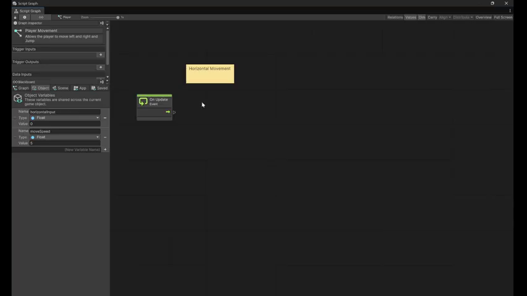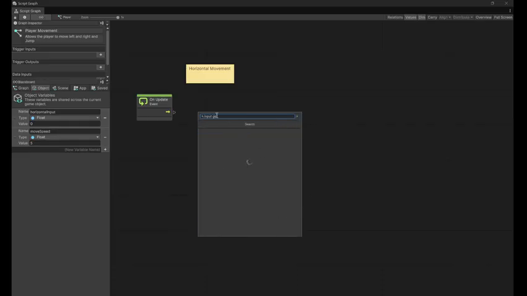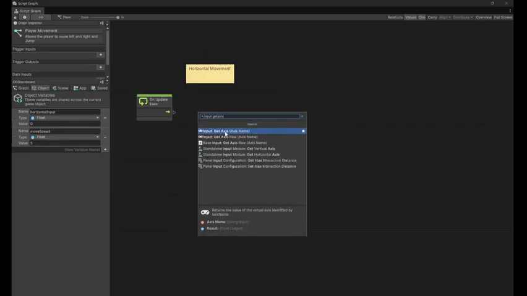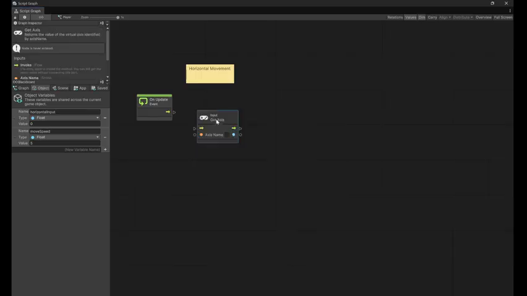Okay, so what we want to do first is check the input to see if the user is pressing left or right. So let's right click here and add a node, input get axis. That's this one right here. We're going to get the axis by the axis name, and we are looking for the horizontal axis. Okay, we are going to connect these two arrows right here just to show that on update, we're going to